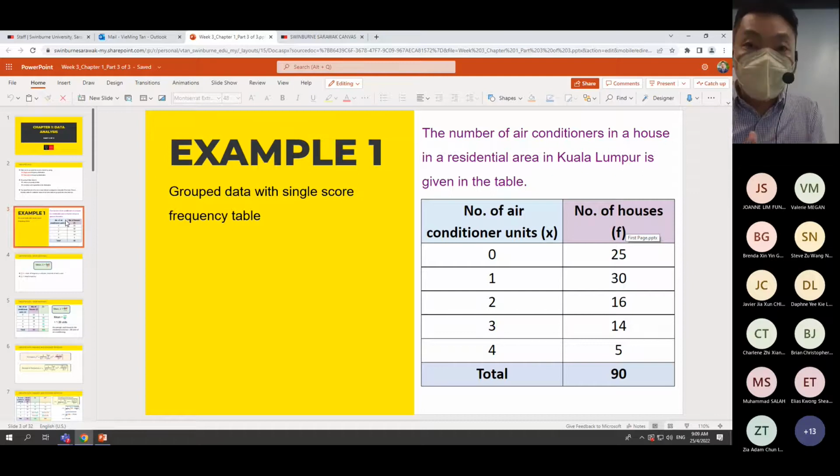All right, so let us analyze the question first. This is example one. Hopefully you can see the question. Let us analyze the question together. So this frequency table shows the number of